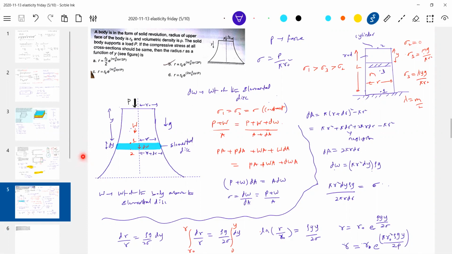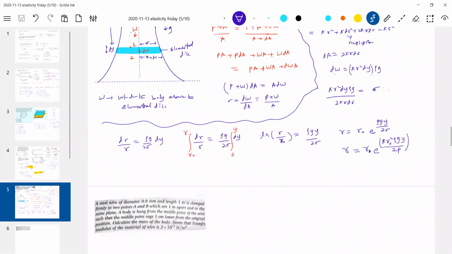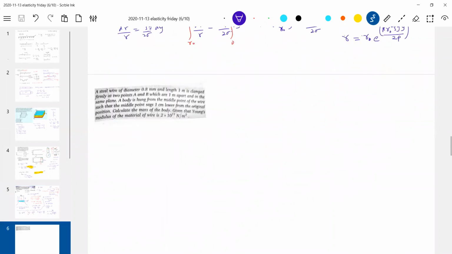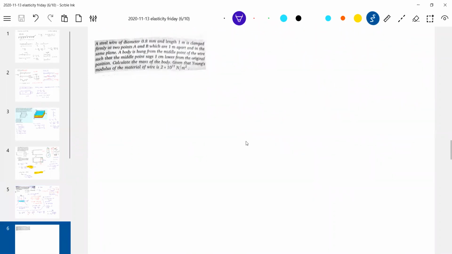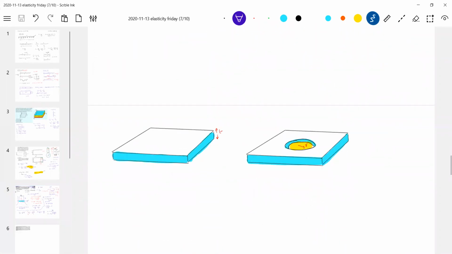This will be, I think, a little bit difficult in the exam. So much you have to think. But okay, let's come to Poisson's ratio. Then I'll come back to this question.